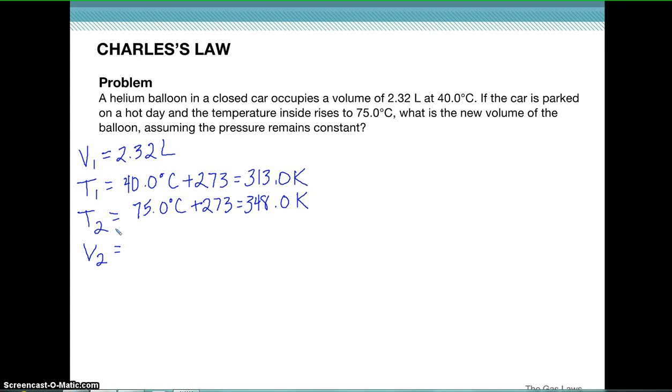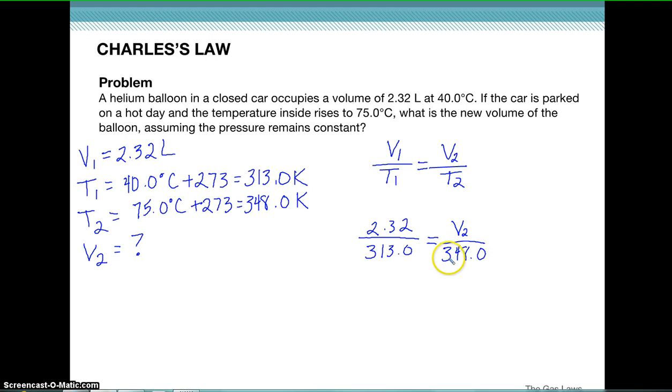And then the V2, that's what we're trying to find. The question says, what is the new volume? So V2 is our unknown. Okay, so Charles' law says V1 over T1 equals V2 over T2. Okay, so we know V1, 2.32 liters, over T1, 313.0 Kelvin, equals V2, that's our unknown variable, over T2,